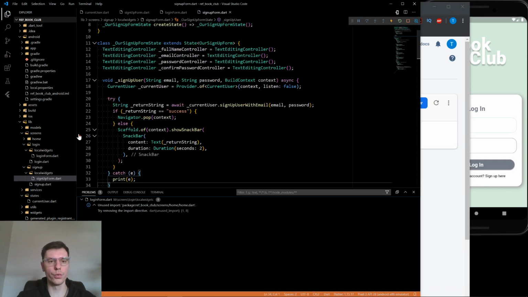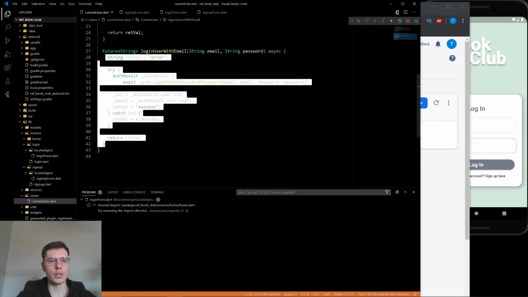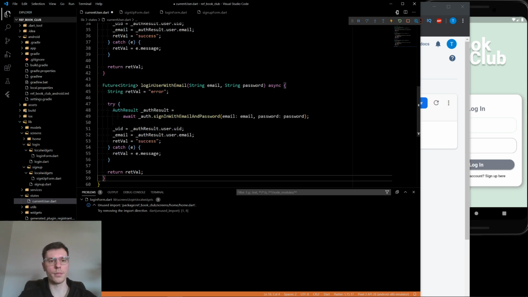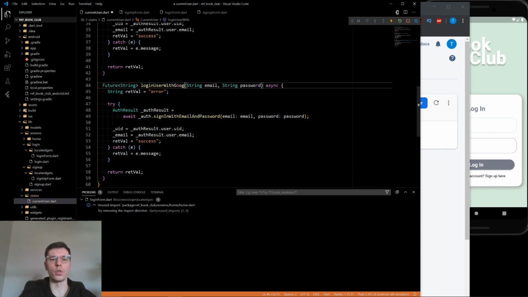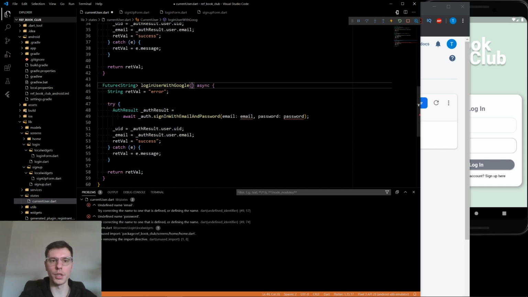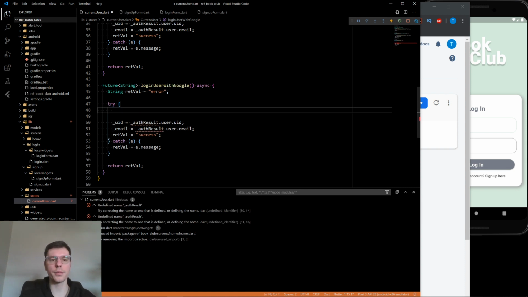So we want to do another function in here. Instead of login with email, let's do a login with Google. Very nice. We don't need to pass anything here. It'll do it by itself. And then here we can delete this line. We'll bring something similar back. And we'll have a